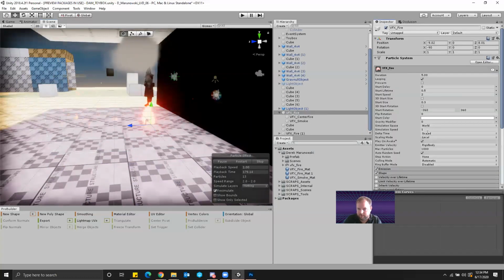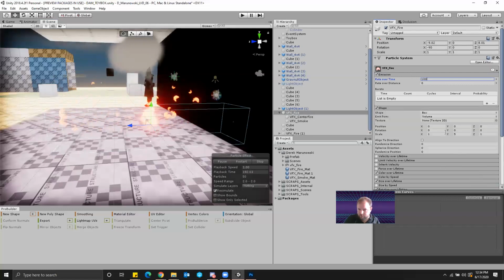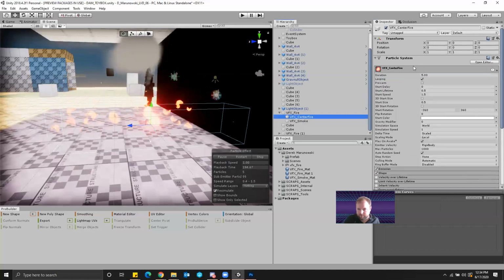So let's go in here and say emission in here 50 or 25. Let's go like 100 of these. There you go. So we get like a field, and then we'll do the same. Our shape here was 5 and then 1. So center fire, same shape,